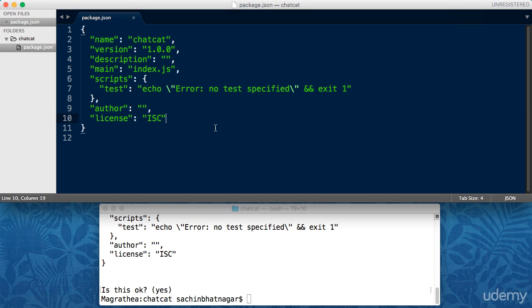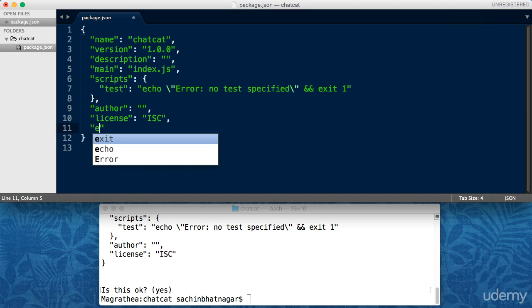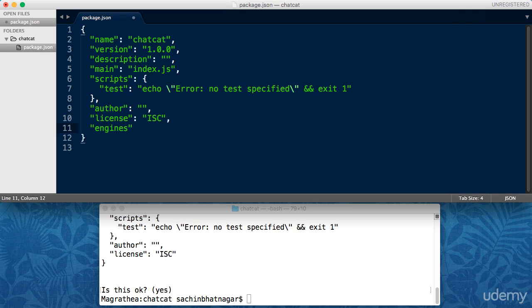What I'll do is create a key called engines right after the license entry in the package.json, and I'll set it to an object like so. Inside the object, I'll create a key called node and I'll simply set it to 4.2.2. And that's it. When we deploy this app later in this section, you'll see how Heroku downloads version 4.2.2 specifically